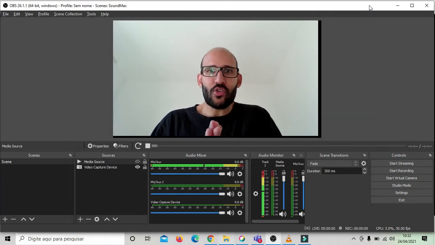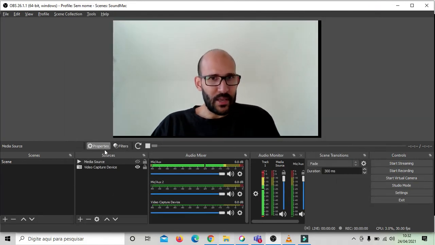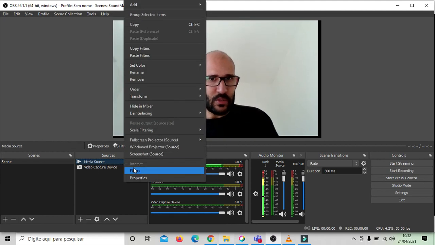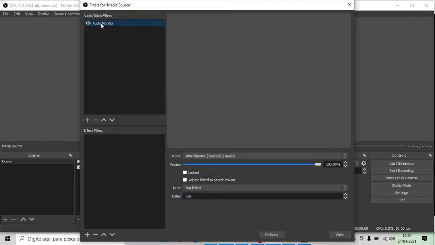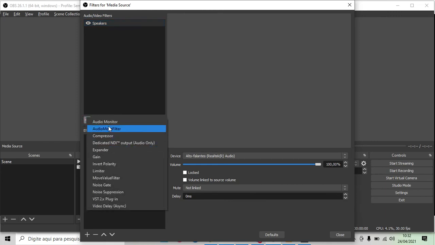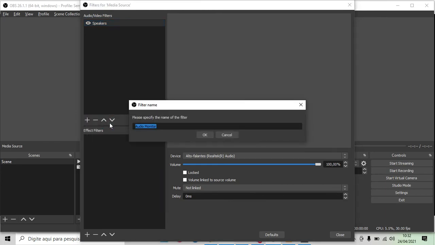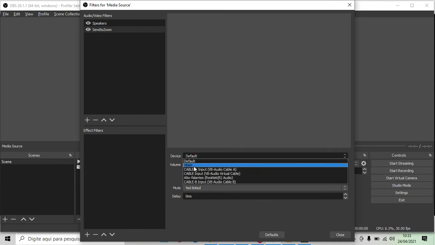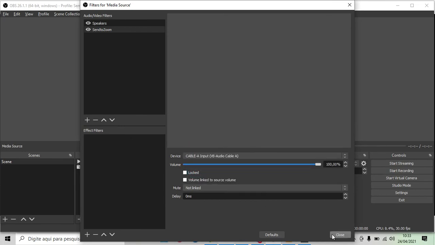It's not necessary. I could use the plugin for both of them. I could just do this. I could do filters. This I could rename for speakers. This filter is speakers, so I can hear, and I could have another here. I can put as many as I want here. So, send to Zoom, and then remember it's virtual cable A. Okay, so I